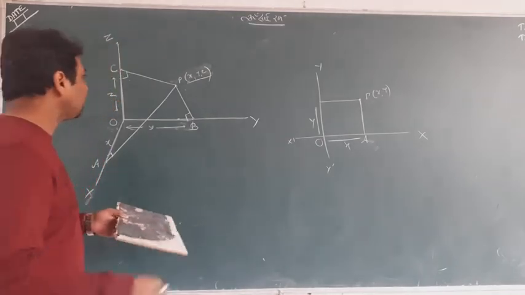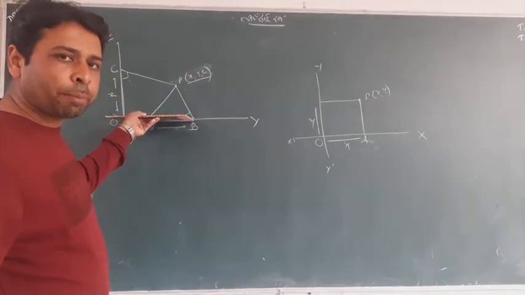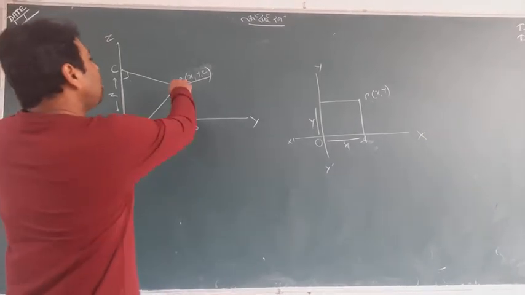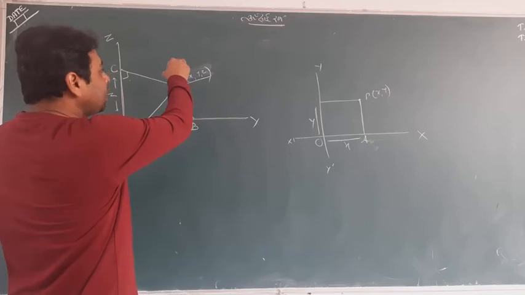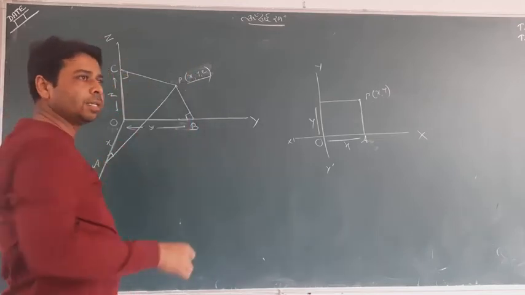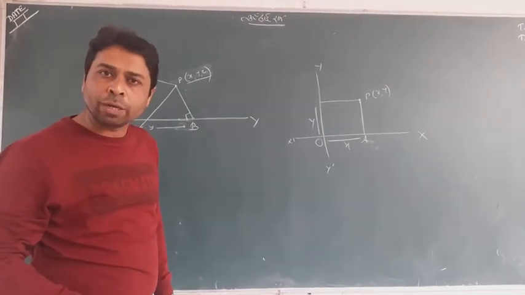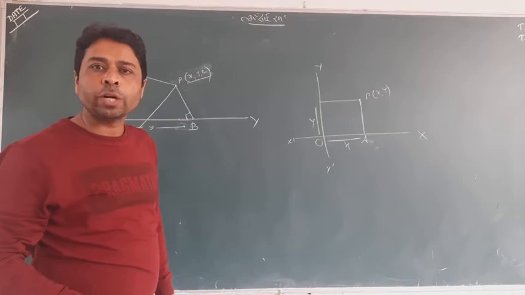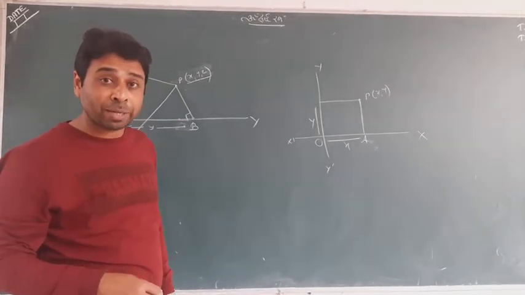Okay. Now let me say something. Very interesting it is. It is my xy plane. You know it. This is my P, actually here. First of all, I drew perpendiculars on the x-axis, the y-axis, and the z-axis. Now I am going to do some different work. I am drawing the perpendicular from the point on the coordinate planes. You know the coordinate planes? Three planes: the xy plane, the yz plane, and the zx plane.